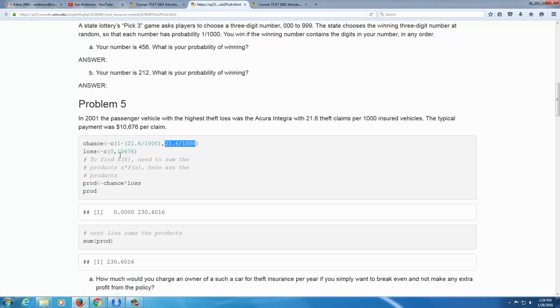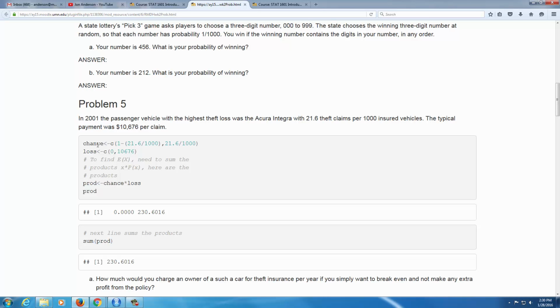The loss to the insurance company, or the payout or the benefit, is $0 in the first position if there is no vehicle theft. And if there is a vehicle theft, we figure on about $10,676 given in the problem. So this is the value of the random variable, what we've been calling x in class. And x has two values, 0 and 10,676. The probability list is called chance, and to find the expected